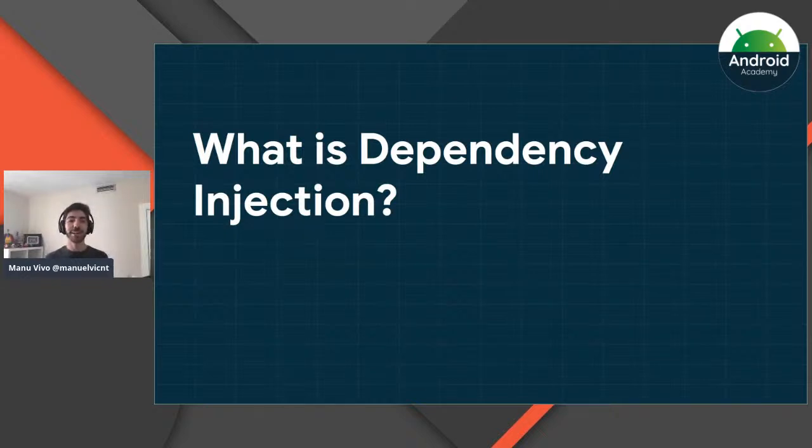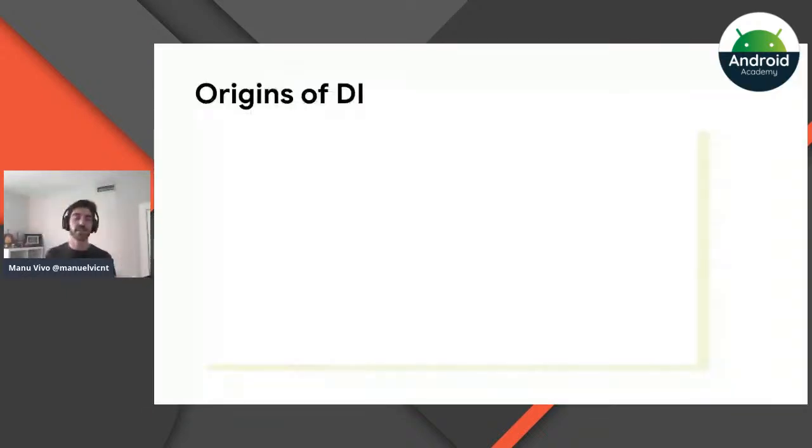We can't have a dependency injection talk without going through the basics, so that we all are on the same page. Dependency injection is a design pattern where a class receives dependencies instead of the class creating them itself, because that's bad for refactoring, testing, etc. Dependency injection has been there for a lot of years. It's one of the most important design patterns in programming in general.